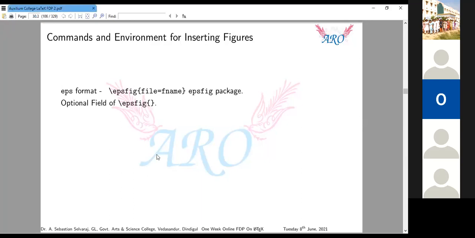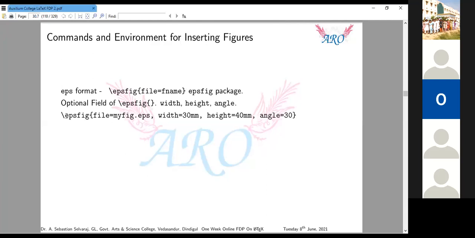Then, what options are there? Suppose you want to increase the width of that figure, that's also possible. Height, that's possible. Angle: if you want to rotate your picture, that's also possible by the command angle.